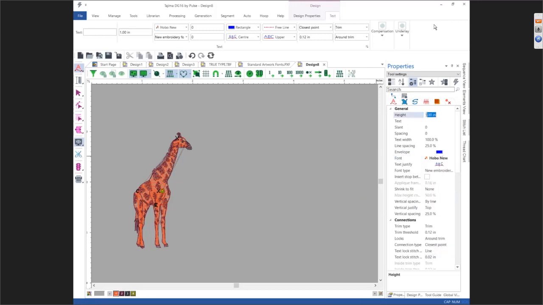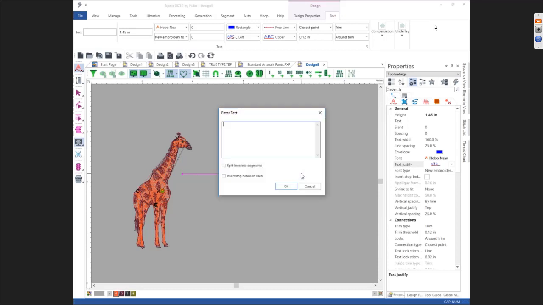And make it 0.45. And it also says that we want to left justify our text. So I can select all that in advance, left click and let go, hold our shift key, left click, hit the enter key. Now in order to do multiple lines, you're going to type in your first line of text,